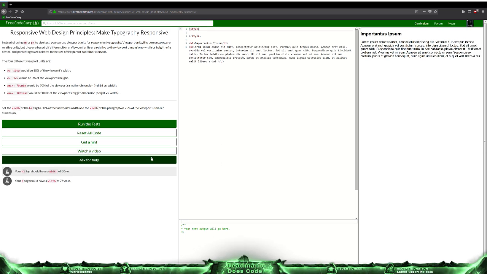Make typography responsive. Instead of using em or pixels to size text, you can use viewport units for responsive typography. Viewport units, like percentages, are relative units, but they are based off different items. Viewport units are relative to the viewport dimensions, width or height, of a device, and percentages are relative to the size of the parent container element. The four different viewport units are